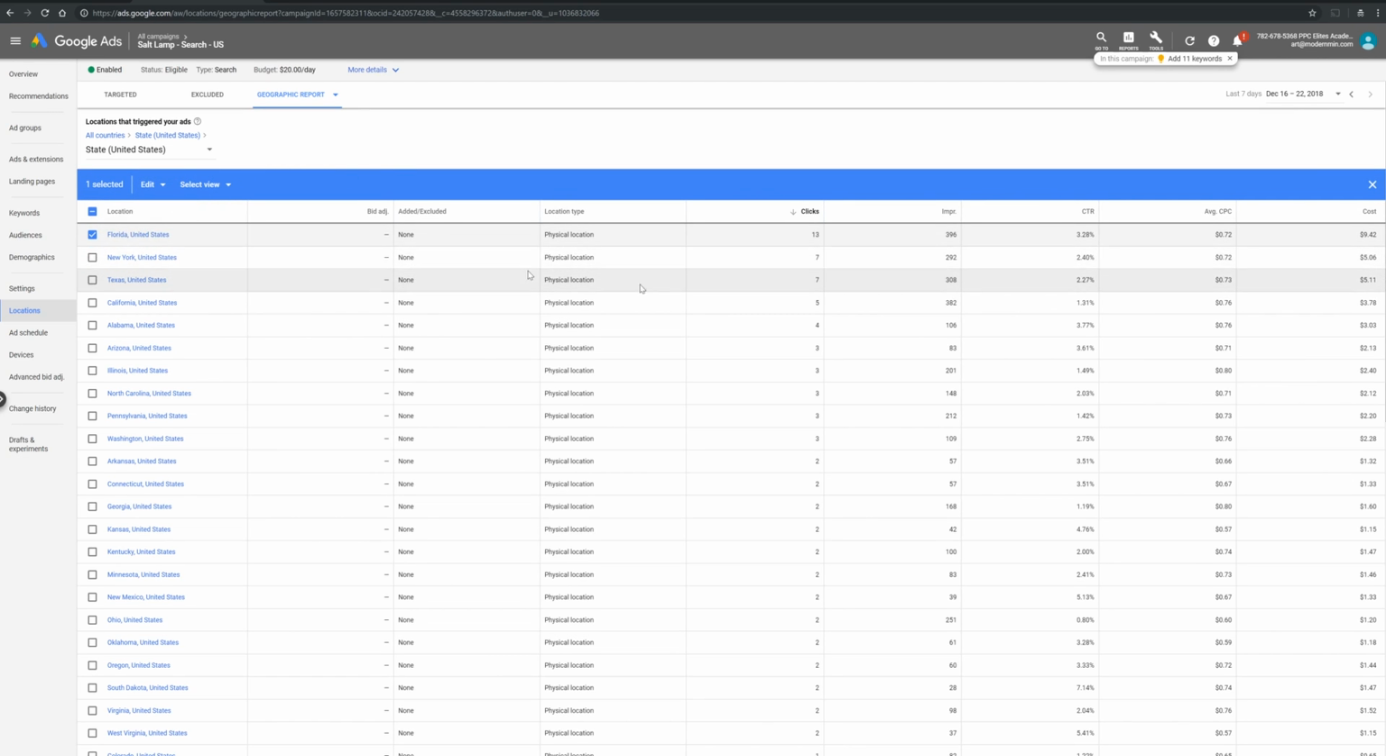So let's go ahead and check all the ones that we want first. So I could see, okay, Alabama has a really high click-through rate. I like that. So I want to focus a little bit more on that. When it comes to doing bid adjustments on states,